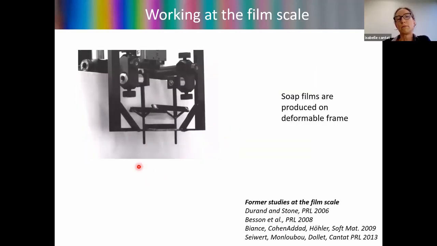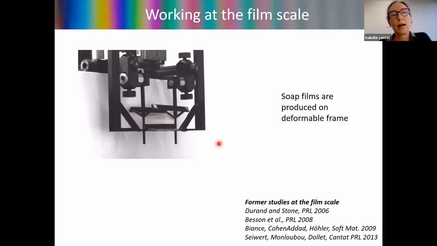So we will play with such kind of system at the centimetric scale and with few films on a solid frame. And the important thing is that we produce a free meniscus that mimics the real environment of a meniscus in foam. This meniscus here will be called a free meniscus because it is not touching the solid. And this film, for example, is bounded by a meniscus in contact with the solid on this side and a free meniscus on the other side.